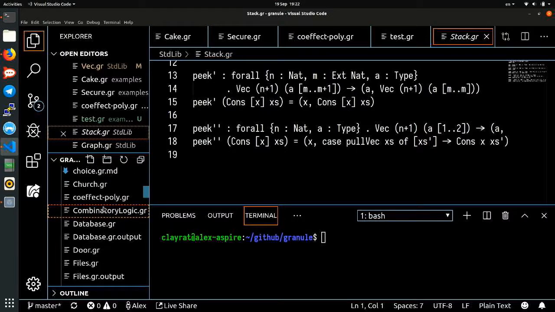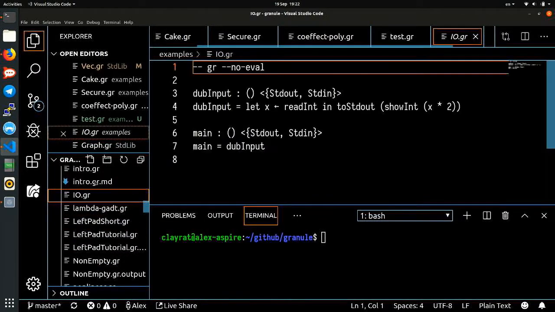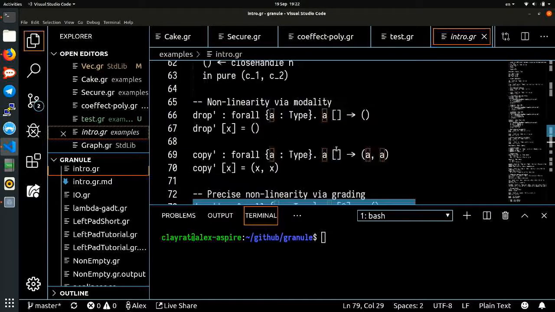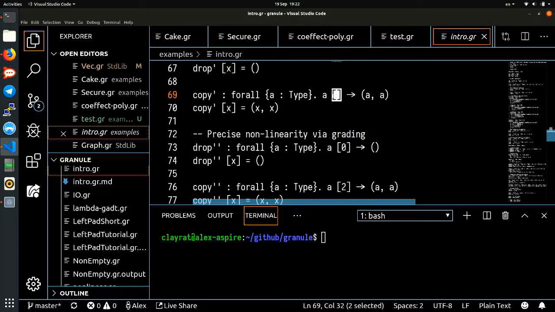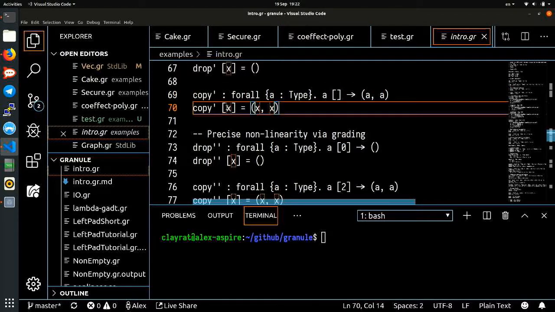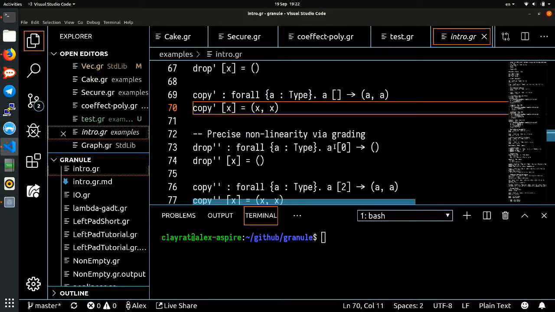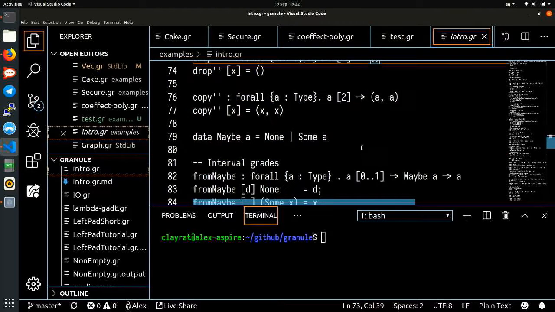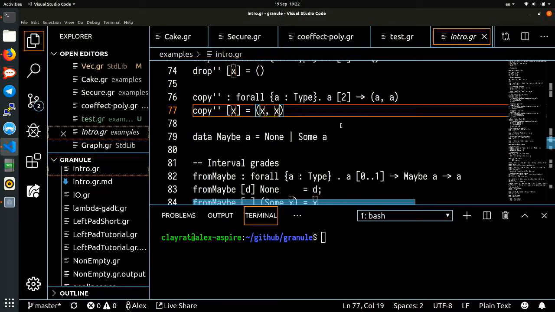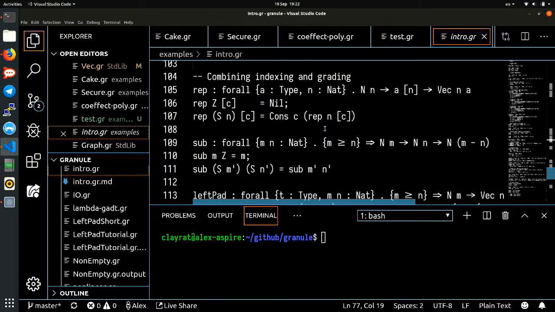For example, take a boxed or unlimited variable A, then you can copy it by unboxing it and using it. If you can use it 0 times, then the only thing you can do is not use it at all, so drop it. If you can use it exactly 2 times, then you can copy it again, and you can also parameterize on it and say things like,